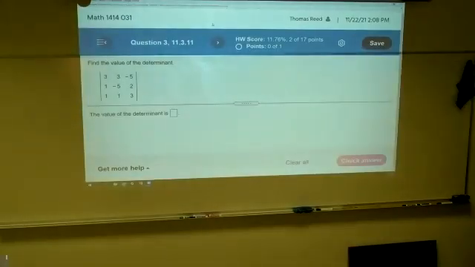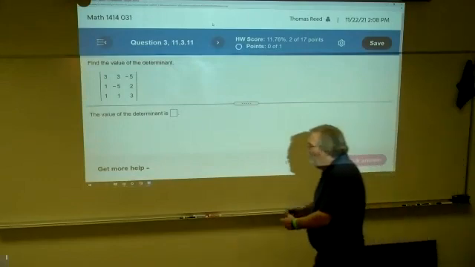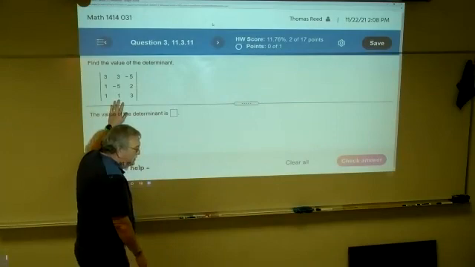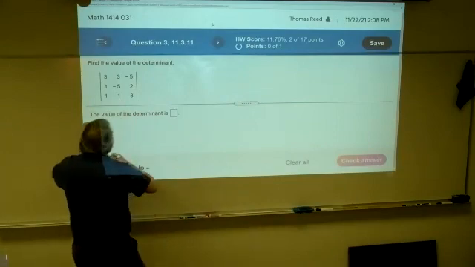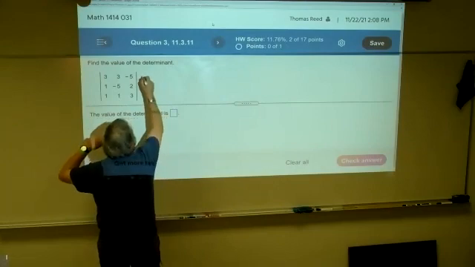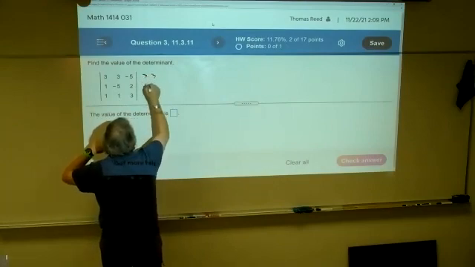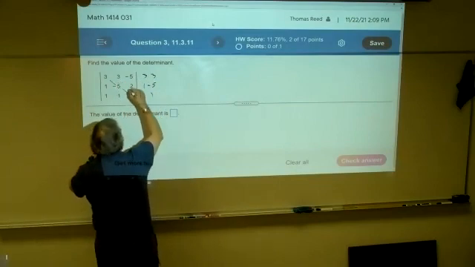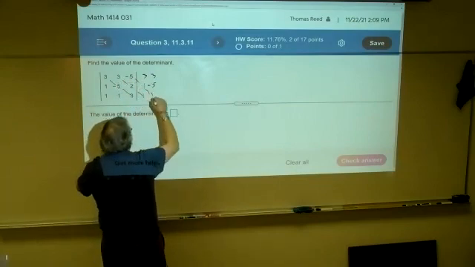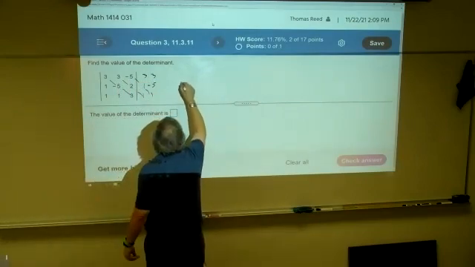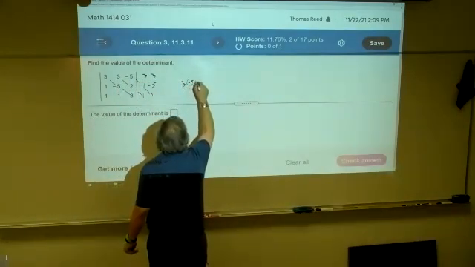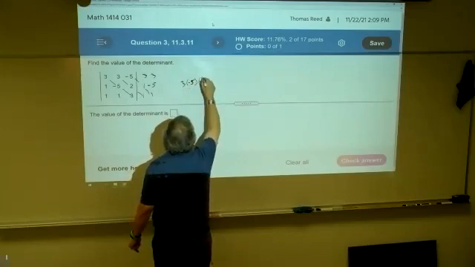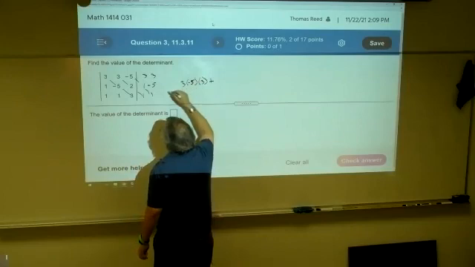I'll give you a matrix and ask you to find this determinant. I would repeat the 3, 3, the 1, -5, and the 1, 1. And then I look at these diagonals going this direction. So that's going to be 3 times -5 times 3 plus